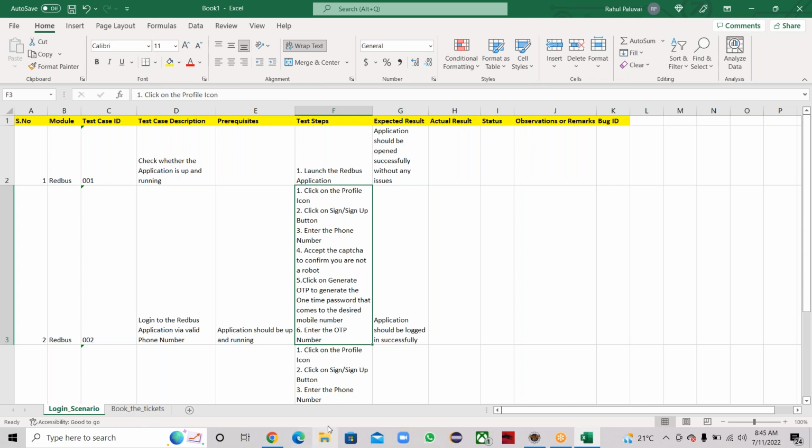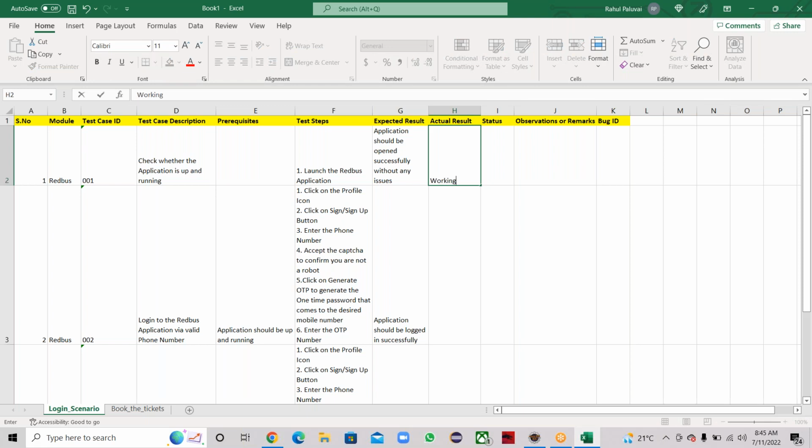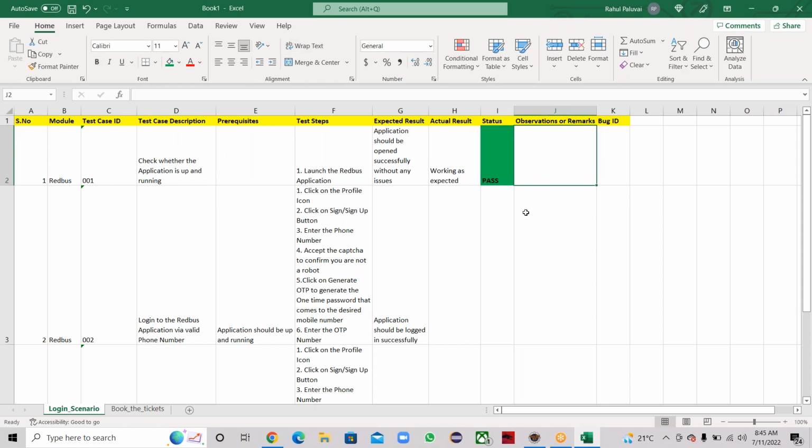So the rest of the fields, how do we take it down? You write the test cases as per the documents, the requirement, and the mock UIs, right? Once the application is handed over to you, then we test it. If it is working as expected, we mention working as expected, and we mention pass, again with some nice highlighting. Clear? If it is failing,